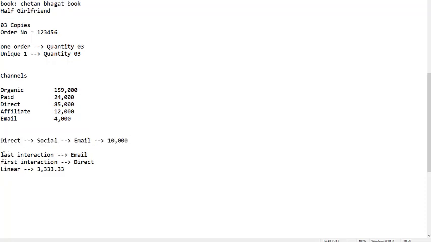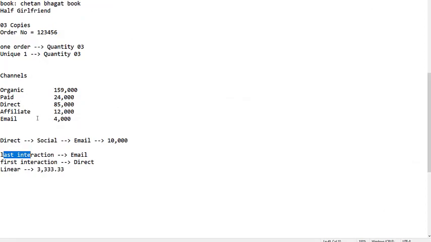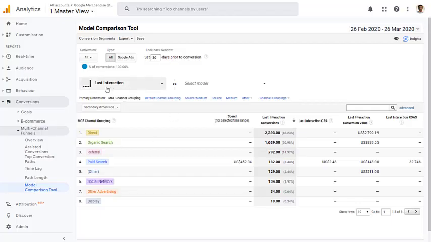So how did we do it? Using the interaction models: last interaction, first interaction, or linear. This is exactly what I'm going to do in this report. I'm going to choose a model, whether last interaction, first interaction, or linear, and then I'm going to see the revenue contribution for each of these channels. So here you will see that the model I have selected is last interaction, and the report is generated based on the last interaction model. Direct has contributed the most,